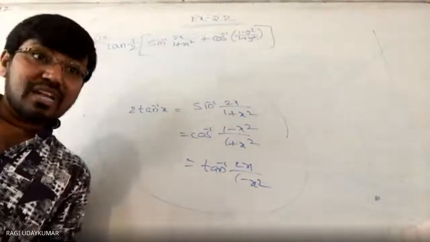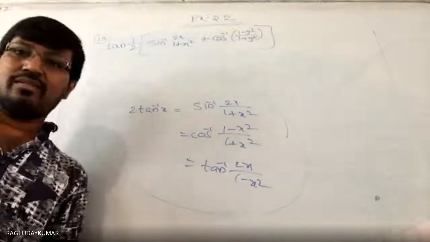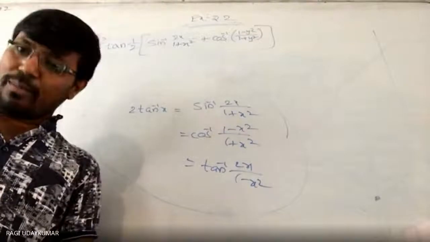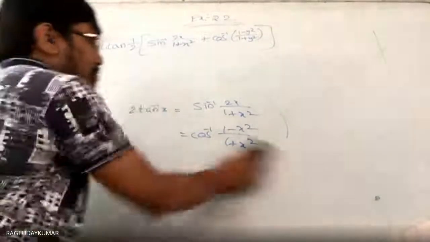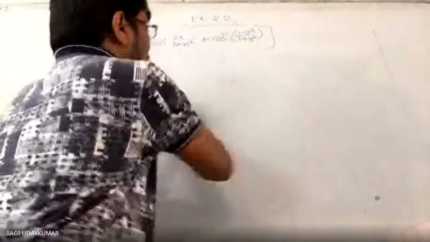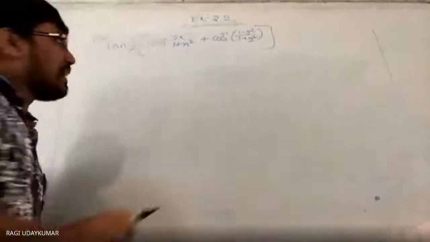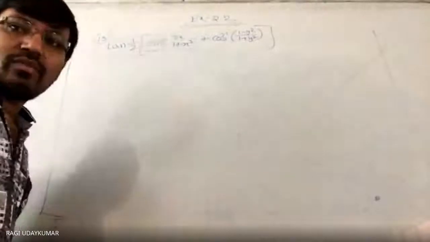If not, then we can find out also. Suppose it is not there, how do we get all these identities? One identity I need. Here I am taking this one only. How do we get this equal to 2 tan inverse x?